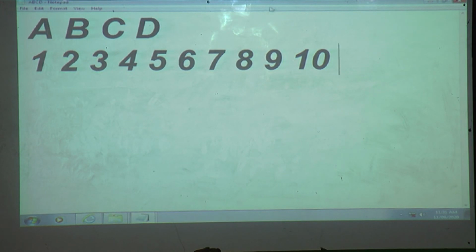Next, if we want to write a rhyme, that time also which keys can we use? We can use alphabet keys. And how to open the notepad? Keep in mind how to open the notepad. Click on the start button, then all programs, accessories and then notepad. And one more way to open the notepad: click on the start button, then run and type notepad.